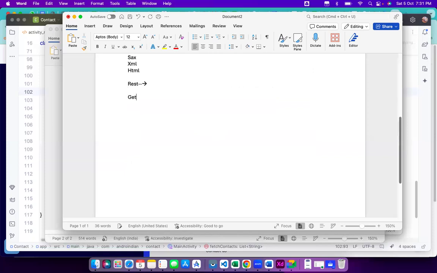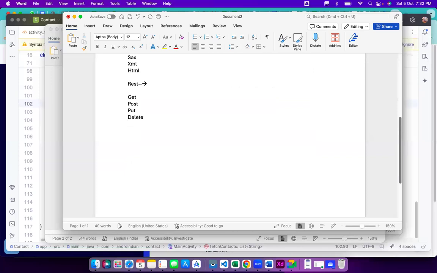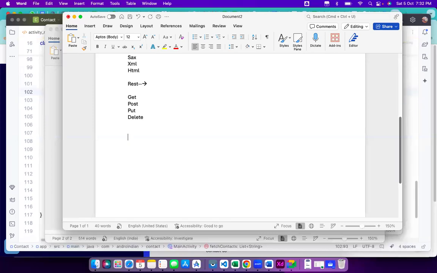The subtypes are get, post, put, delete. There are multiple things in this. These are the different kinds of requests. In this, you can use any of get, post, put, delete. And here we will use one common thing that is called JSON. In the form of JSON, we are sending the data or retrieving the data. JSON is nothing but